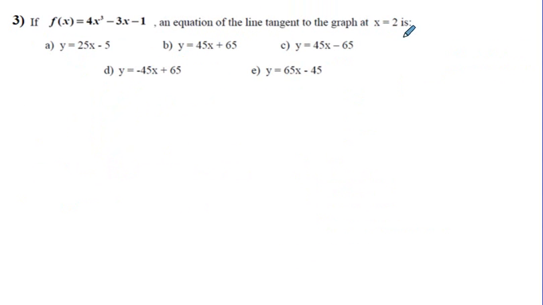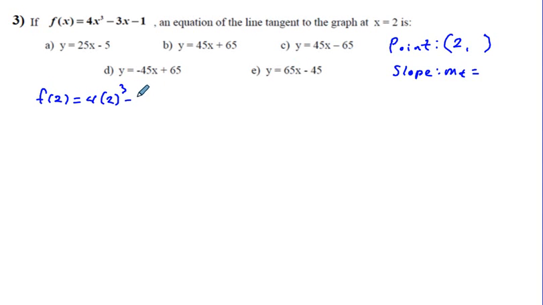Next, 3. If f of x equals 4x cubed minus 3x minus 1, the equation of the line tangent to the graph at x equals 2 is, again for this we need a point, and we already know the x coordinate for our point is 2, so 2 comma something, and then our slope m sub t is equal to, we'll find that out. First, let's find our y coordinate for the point. We're going to put in f of 2 is equal to 4 times 2 cubed minus 3 times 2 minus 1, which is going to be equal to